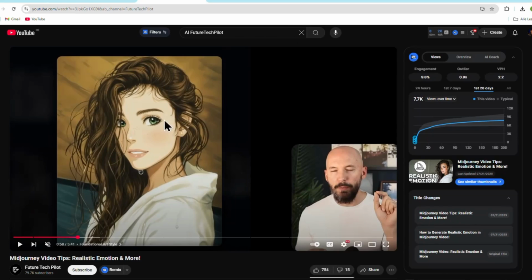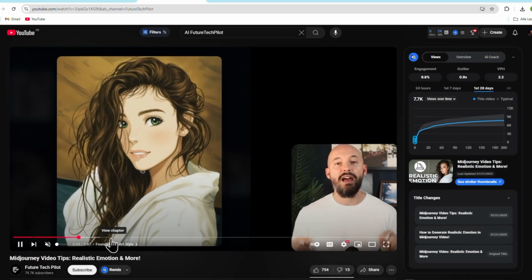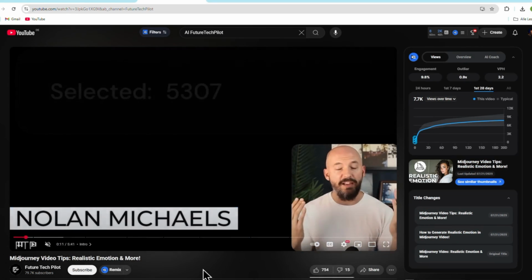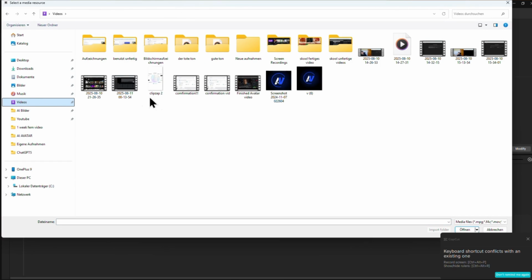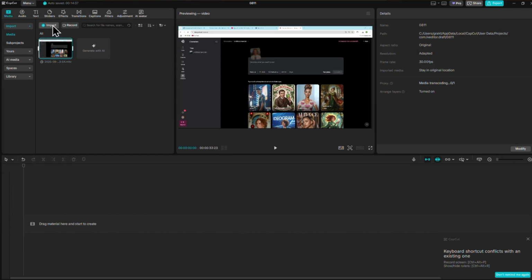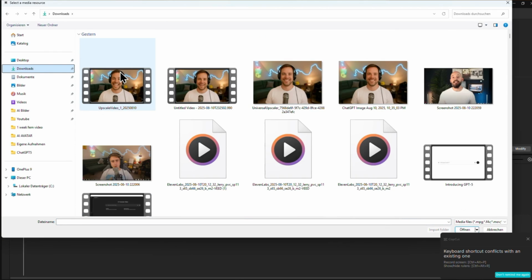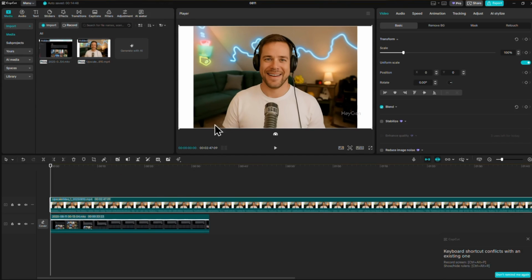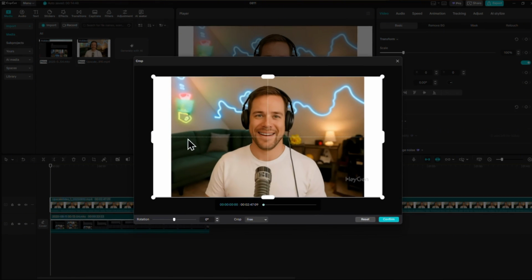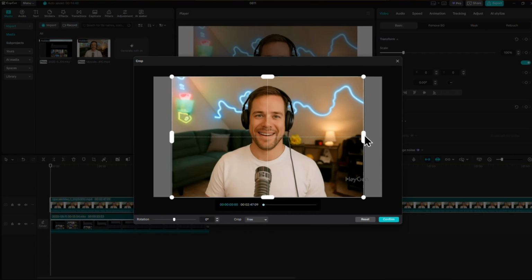Then let's go to the editing parts. You can see that most videos are not really edited here, so I would go to CapCut. CapCut is probably the best platform you can use, and I would just drag and drop it. I would put in the footage of the platform on the bottom and then my AI avatar on the top. You can see that we have a watermark, so I try to hide that by putting it on the right side and then just cropping the image. With that, we created our video.